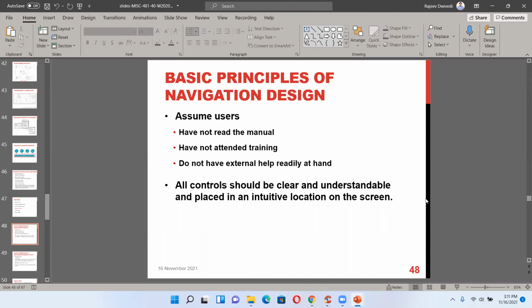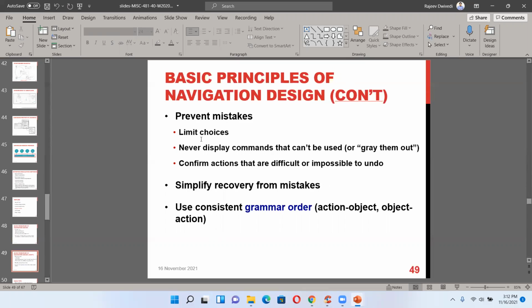Nowadays, if you buy any new TV, for example a new smart TV, I think nobody reads the entire manual. They know that this is input, output, and this is the way to do it. So without reading the manual, even kids can set up the new smart TV, because they are designed assuming the user like this.